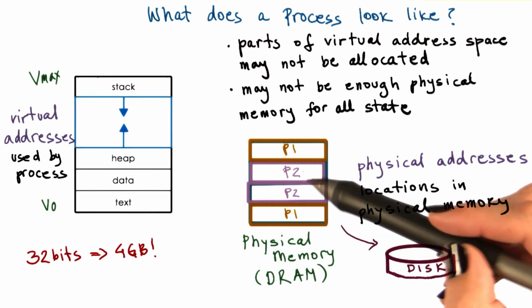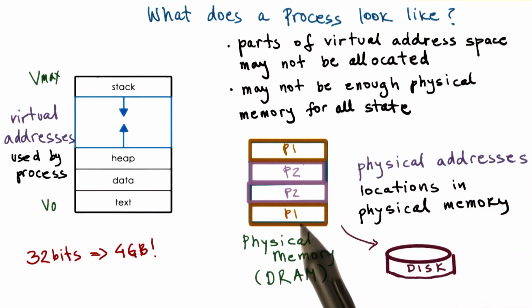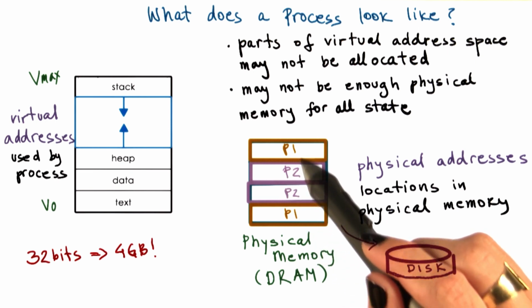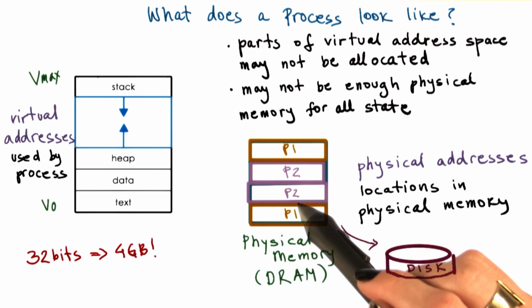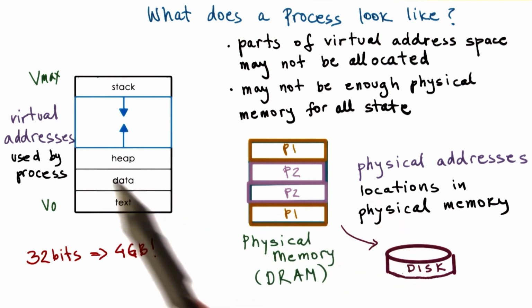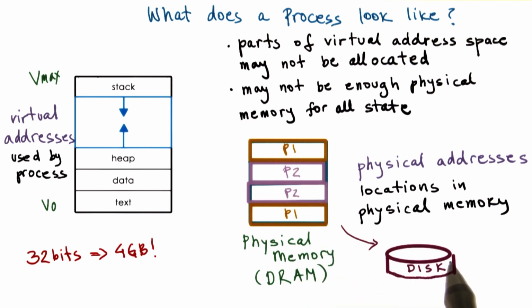Both P1 and P2 may have some portions of their address space not present in memory, but rather swapped temporarily on disk. And this portion of the address space will be brought in whenever it's needed. And perhaps that will cause some other parts of either P1's or P2's address space to be swapped to disk to make room. So the operating system must maintain information about where these virtual addresses actually are, in memory, on disk,